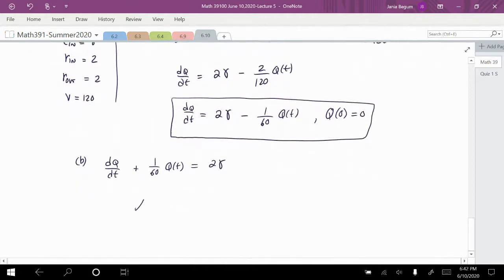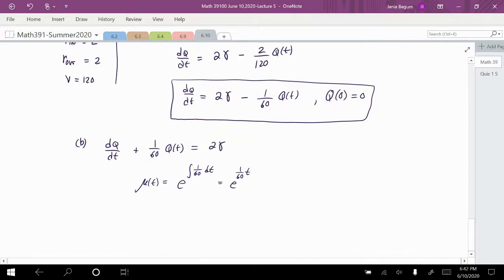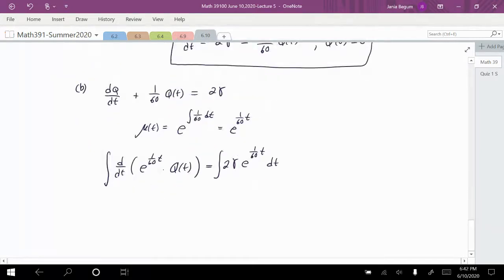So what is mu of t? Mu of t is e to the integral of 1 over 60 dt, which is e to the 1 over 60 times t. So that means our differential equation is the derivative of mu of t, e to the 1 over 60 times t times q of t, equals 2 gamma e to the 1 over 60 t. And now we integrate both sides with respect to t. So that will give us